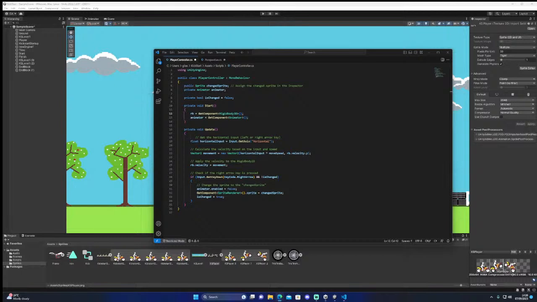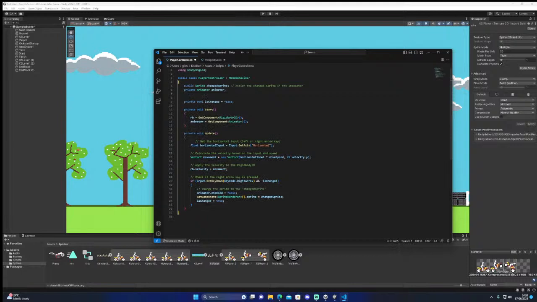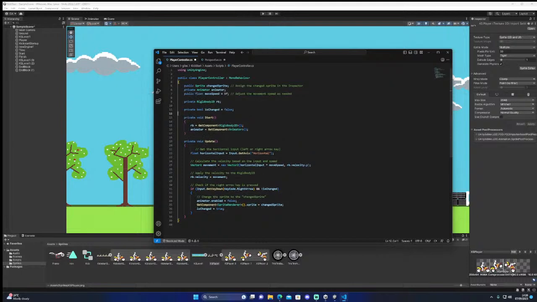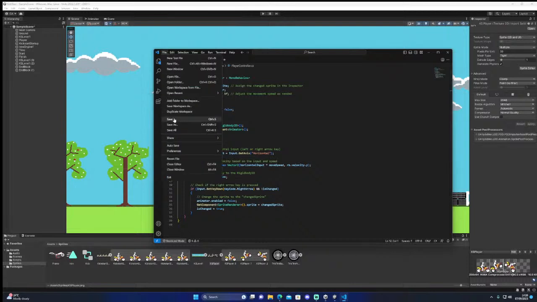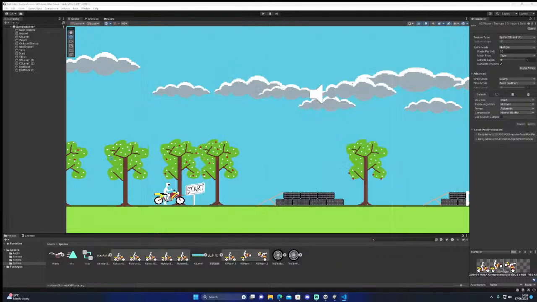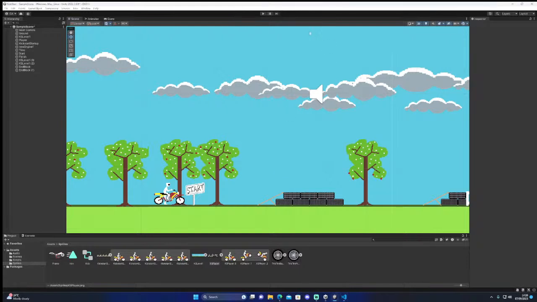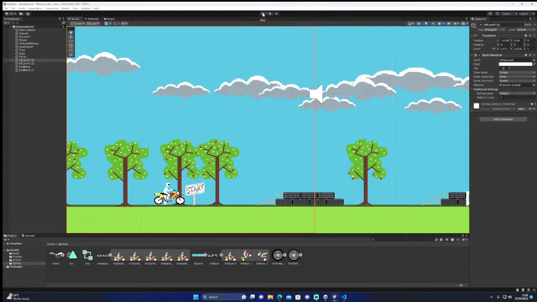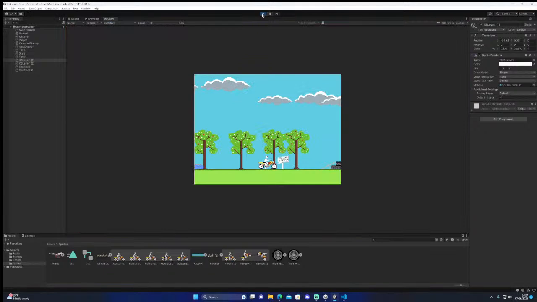Whack this in. Public sprite change public. Whack that in. Save. No, it'll say it's all wrong. Well, it won't. Maybe it won't. Let's try playing it. Just kicks it up. Takes his foot off and he moves.